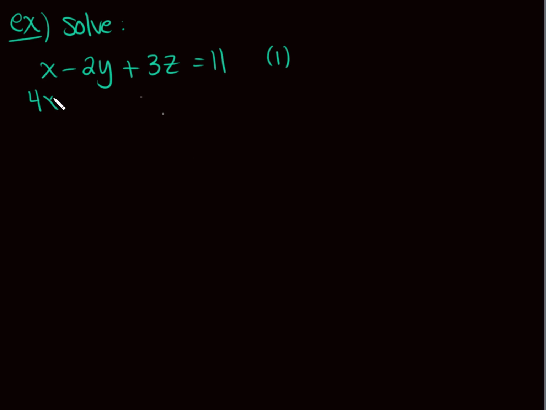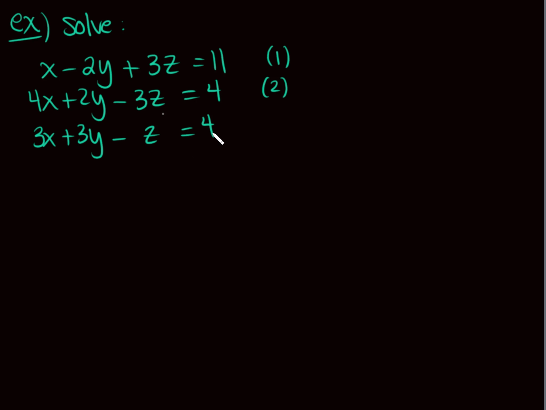And then I have 4x plus 2y minus 3z, oh, they're being nice to us, equals 4. This is equation 2. And then I have 3x plus 3y minus z equals 4. So the reason I said they're being nice to us is because let's look at equations 1 and 2. I'm going to do this a little differently than your book, but do you see how, if I add 1 and 2 together, that's equation 3,